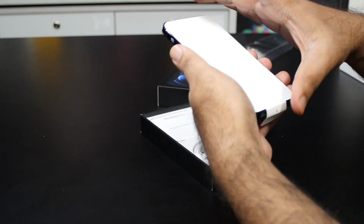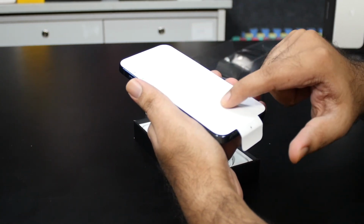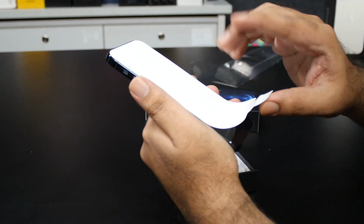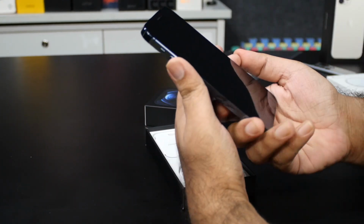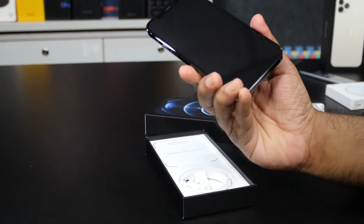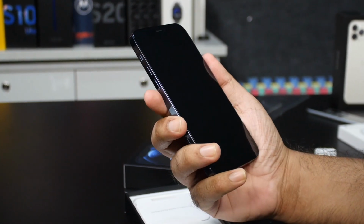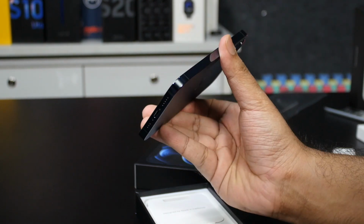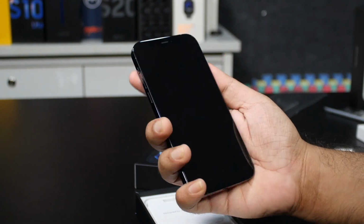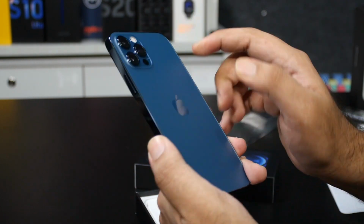Wow, and that stainless steel frame is gorgeous on the side. And for the first time, they're putting a white packing material on the screen protector. Normally, it's a see-through, transparent film they have for all the Apple products. Taking out that plastic is a nice, satisfying feeling. And boy, this thing feels amazing in the hand. Very similar to the 11 Pro in terms of the form factor, but the rectangular edges are amazing to have. And it's got this ceramic shield on the screen, and it's got this matte back,